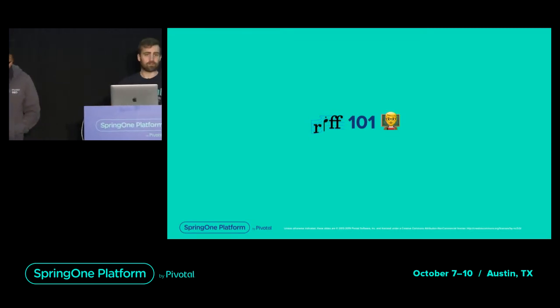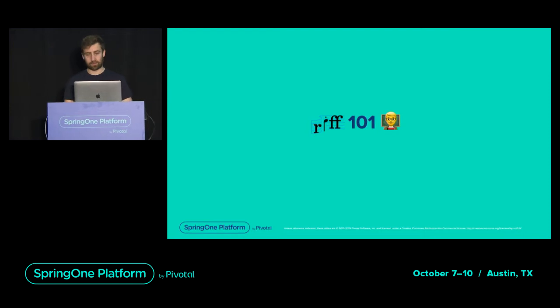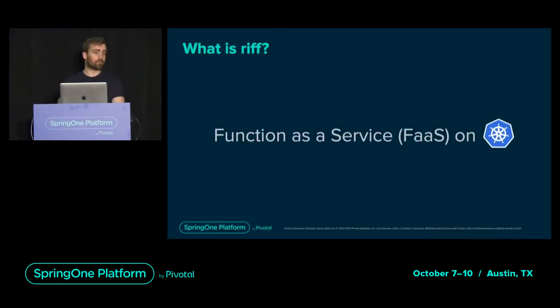So let's get a bit into the details of what Swapnil talked about. So Riff means Riff is your function, because recursive acronyms are fun. And so historically, Riff started as a function as a service. So the idea of a function as a service is you write and provide a function, the platform builds it for you, and then deploys that workload so you can interact with it.